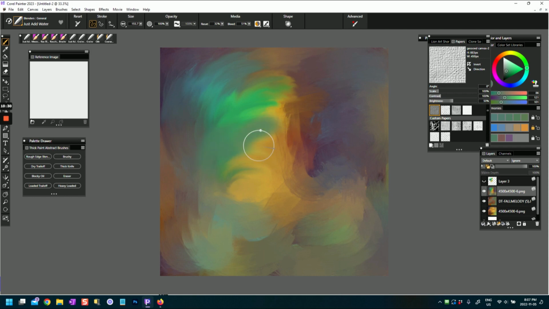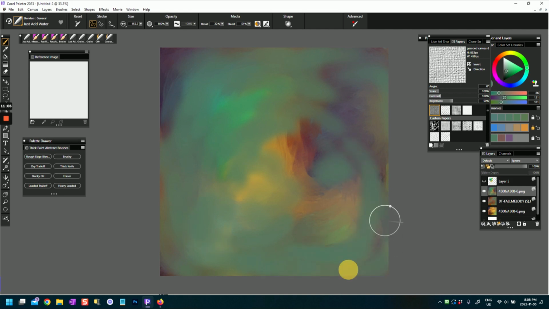okay, so here's another type of blender, and it's actually called Just Add Water. It's found in the general blenders, and it actually comes with Corel Painter, which is nice because that way you don't have to buy brushes to get a particular look. And in my videos, I've tried to use brushes that come with Corel Painter rather than brushes that are sold or purchased or bespoke brushes, so that you can actually find and use those brushes. So you can see here, this particular blender,